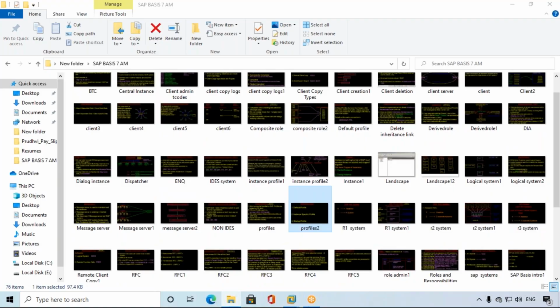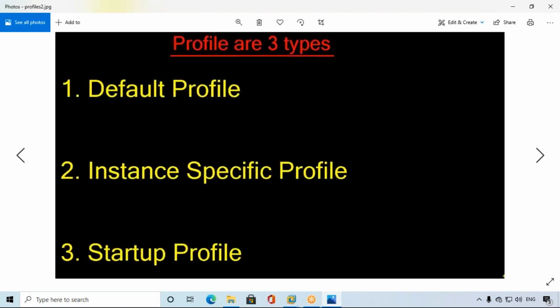So we have three types of profiles: default profile, instance profile or instance specific profile, and startup profile.